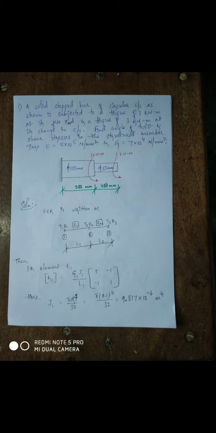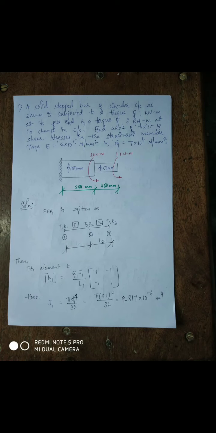Starting the solution to this particular problem, the first step is writing down FER. As you can see in the middle portion of this particular sheet, FER is being written with the following details. As the sketch is clearly giving an indication that there will be two elements with two different diameters and two length values, this I have told very clearly in my previous video. Corresponding to the count of the length values, the relevant number of elements will be present in a structural member.